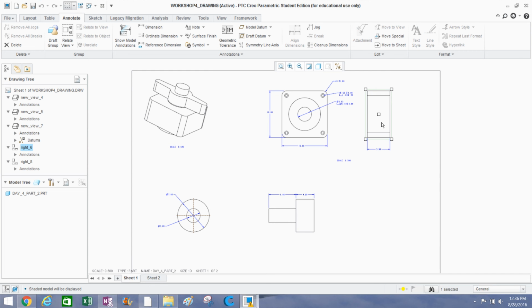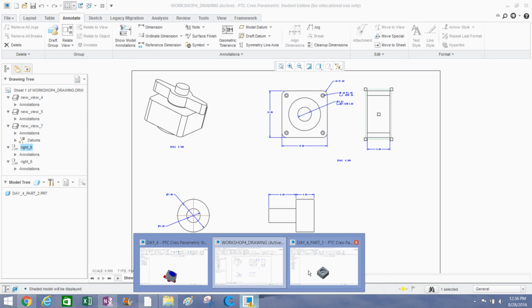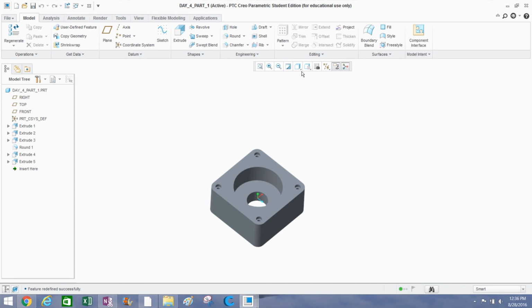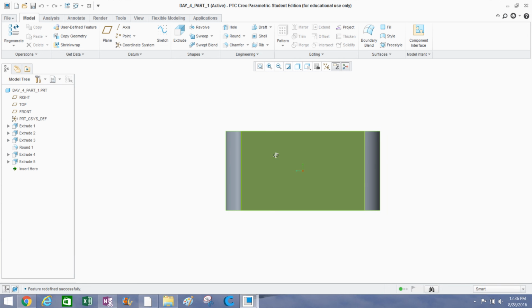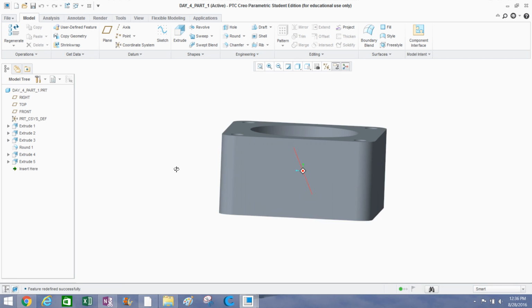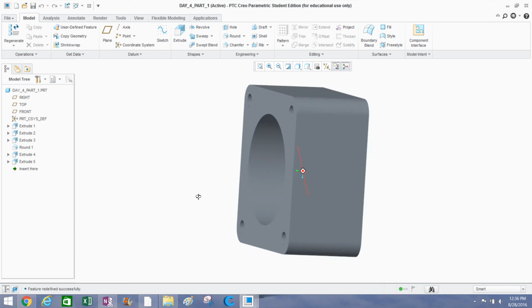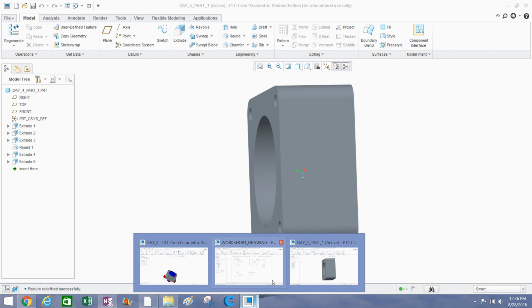All I did was left click, right click, drawing view, and we'll see here it's the right view. The reason I say that is it's kind of symmetrical, so it'd be hard to understand which way is which. Knowing that it's a right view, I can come back into the part and set that view to right. So now I know this should be the view we're coming off for that section. This is what's showing up on top. It actually looks like this on the part in the sketch there. So back in here,